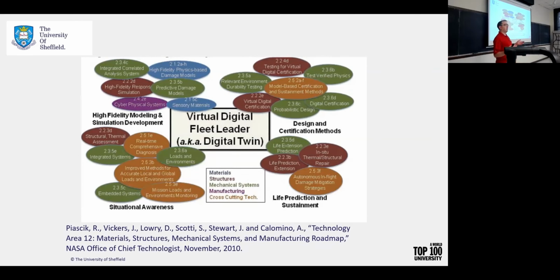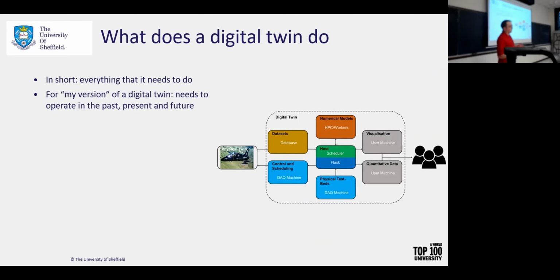Third, life prediction and sustainability, so being able to predict how the system will evolve throughout time. Things like remaining useful life, predictive maintenance, things like that. And lastly, situational awareness. This is the more live aspect: if there's a bird impact on an aircraft, can we predict how that will happen? Or if it does happen, how do we react to it automatically rather than waiting for the pilot to respond? If a nuclear reactor goes off, you want to make sure you shut that down as fast as possible. So being able to implement that type of thing into the digital twin as an automated safeguard is really useful. So that's the initial definition, what is within a digital twin.